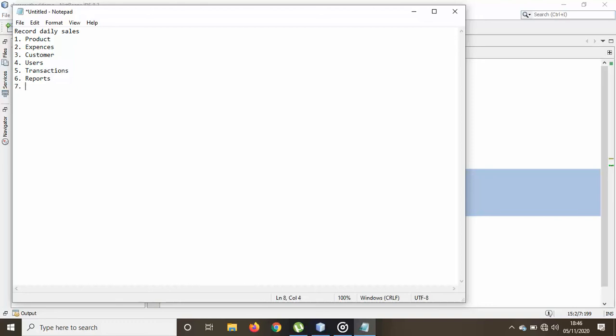Notification. I want to get products that have expired, or maybe I want to get product that is out of stock. You need to transform all these things into